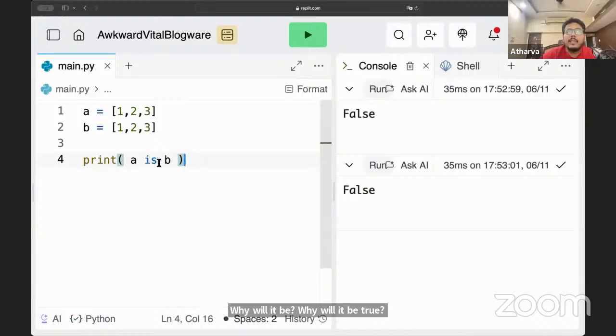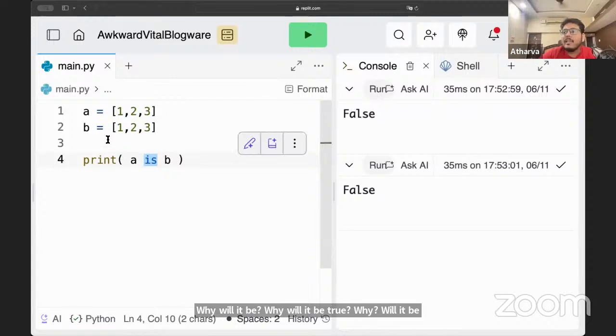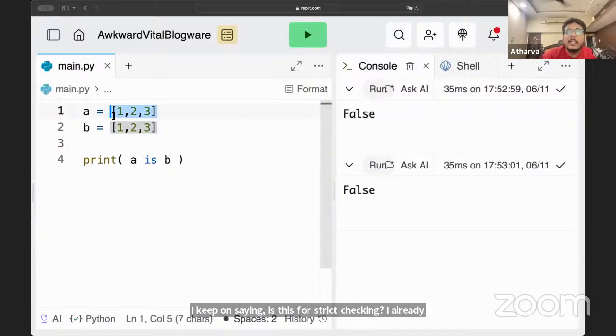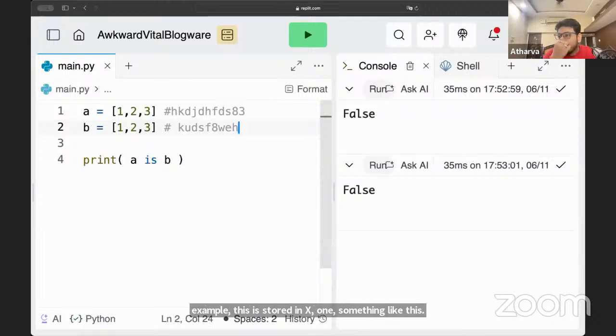I keep on saying, is is for strict checking. I already showed you one example that data structures are allocated to different memory locations. Here, they are stored in different memory locations. For example, this is stored in X1, and this is stored elsewhere, they both are different.